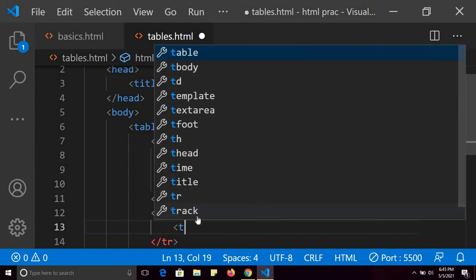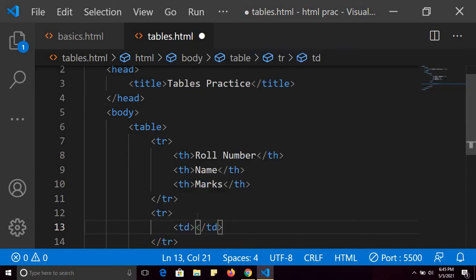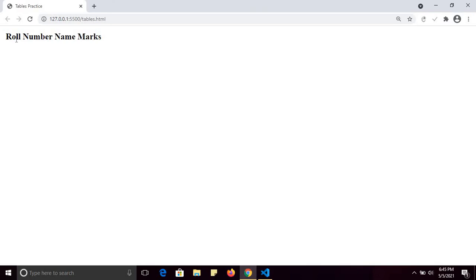For storing data we will use td tag, table data. Fine. Three columns are roll number, name, and marks. See, if I use this tag, table header, then you will see the contents in bold form. It means you have created three columns: roll number, name, and marks.